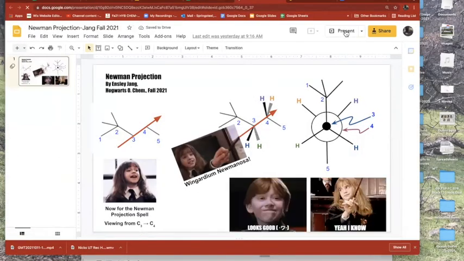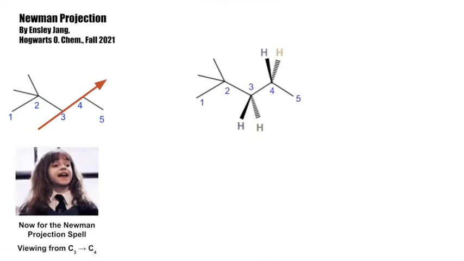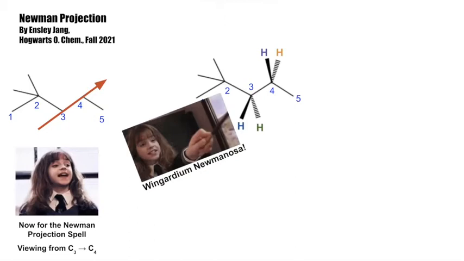Honor students, I adjusted your things a little bit. I added some things. Hopefully you're cool with it. So here we are. We've got a molecule here. This is 2,2-dimethylpentane. We're going to view from carbon 3 to 4. So now for the Newman projection spell, viewing from 3 to 4. We've added some colorful hydrogens to help us see it well. So, Wingardium numinosa. There we go. And we've got carbon 3 in the front there, 4 in the back, and then we've got our